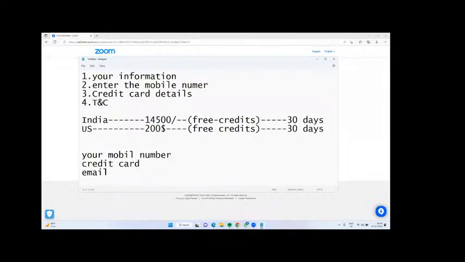Okay, I have created an artificial intelligence service and consumed that service for 2 days. Assume that 2 days cost is 2,000 rupees. That 2,000 rupees would be debited from that 14,500 free credits. Got it? I have created another Azure Kubernetes service and used it for around 1 week. Assume the 1 week charge is 5,000. Then the 5,000 would be debited from this 14,500 free credits.